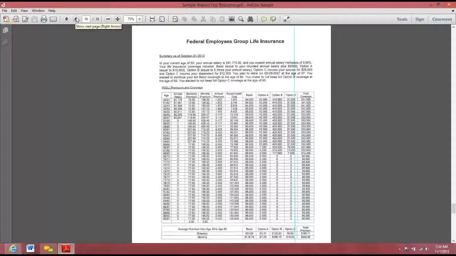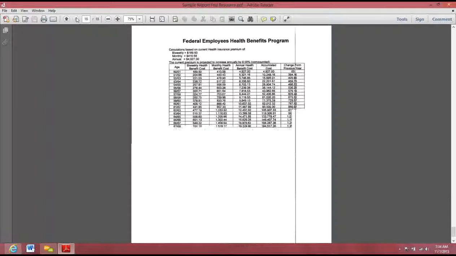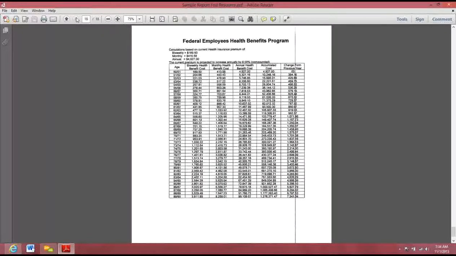The last page of the report is the health benefits section. And basically, we're not getting into a lot of benefits here. We just want to educate them that they are probably not thinking about this part of cost or expense in their retirement planning process. Most federal employees feel like they have